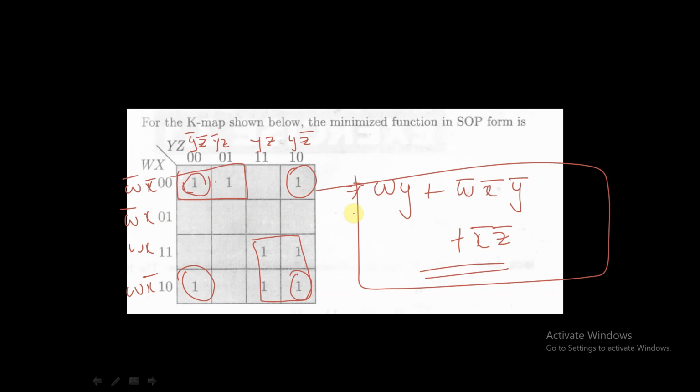Okay, so that's all for this session. So I think it is clear, if you are given a redundant term like don't care, how to group them, and if you are given a logic circuit, by using the K-map how to minimize a Boolean expression, everything. I hope it is